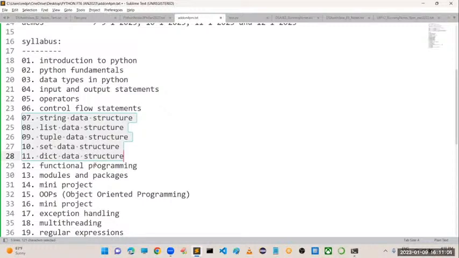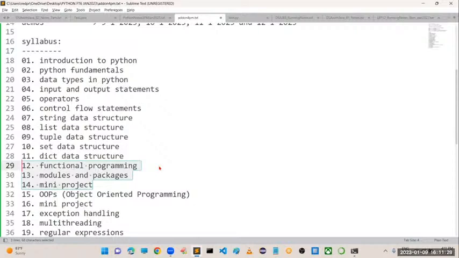Inbuilt data structures, around 5 we have: string, list, tuple, set, and dictionary data structures. Then we are going to talk about next level concepts, functional programming in Python.